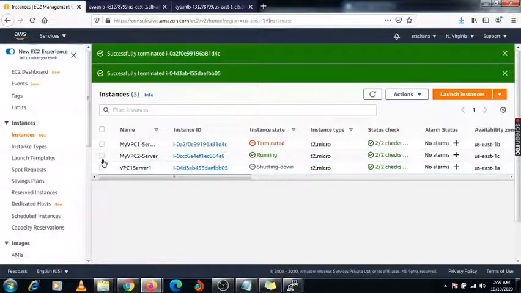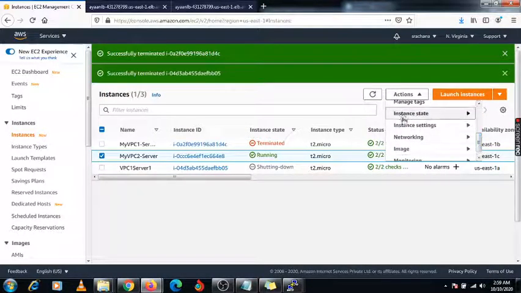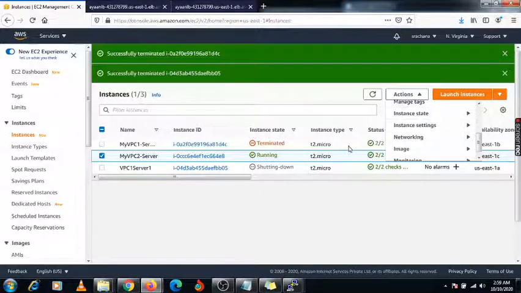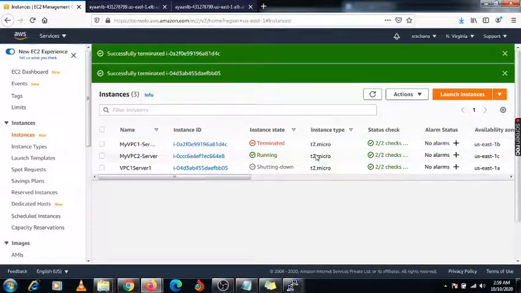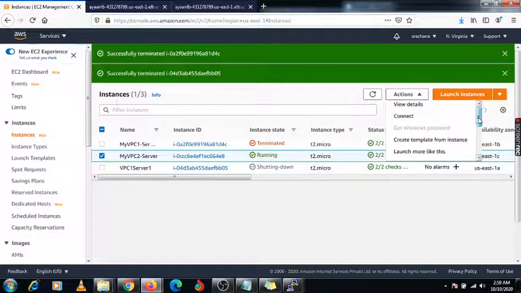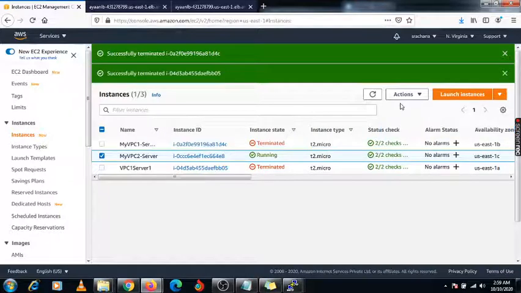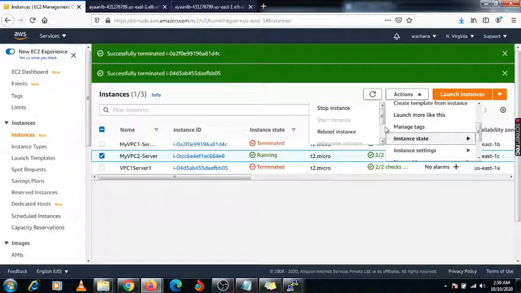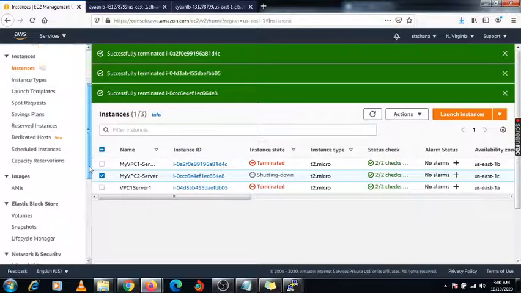Now select the third server. Okay, it is not selected yet, so select it. Now all three servers are removed.